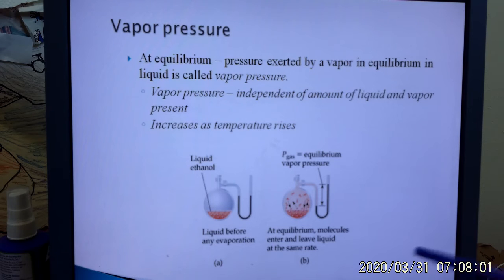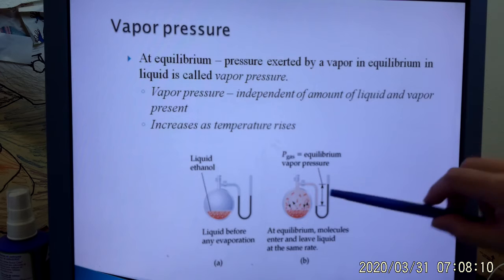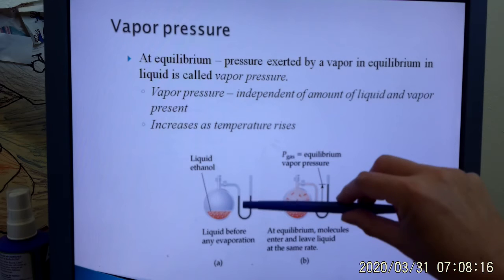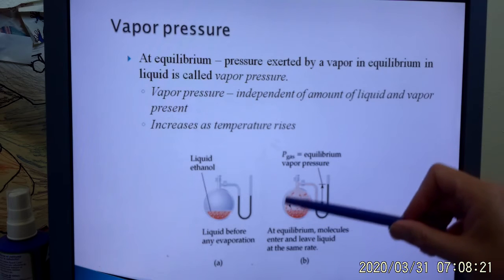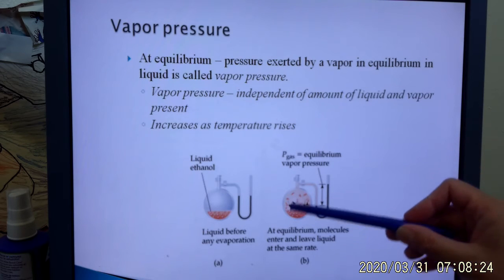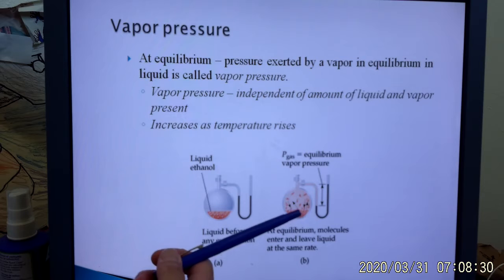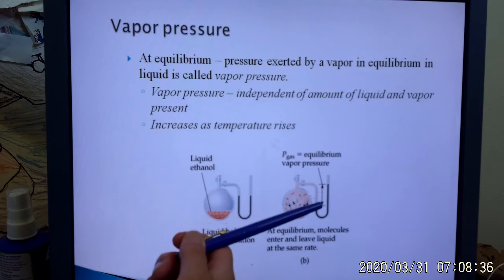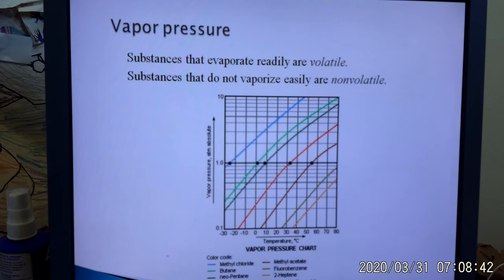So here, how do we measure it? Remember, when we have our container with the gas, we attach what we call a manometer. And as you can see, if the pressure inside is the same as the pressure outside, the two levels of mercury in my manometer are the same. As I increase my vapor pressure on the inside, because I'm getting gas from the molecules leaving the liquid state, going to the gas state, once it reaches equilibrium, it exerts a pressure that's greater than outside, and the difference here is basically my vapor pressure. And that's how we can measure vapor pressure. Okay?